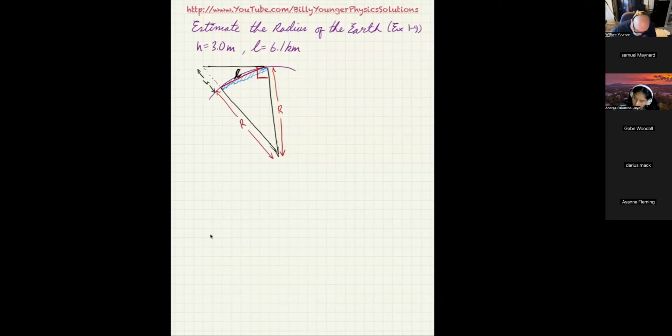And then another leg of the right triangle is this one right here. This one's actually the hypotenuse though, and that distance is r plus h. So what we can do, using the Pythagorean theorem, is say (r plus h) squared is equal to r squared plus, now here's the kicker, you need that other length across